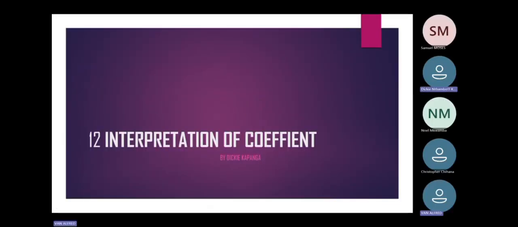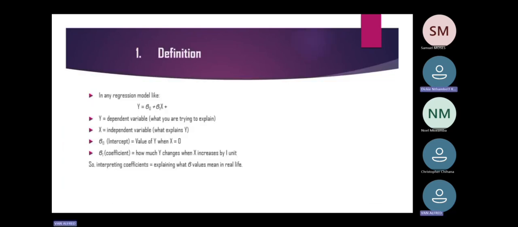My name is Dick Kapanga. I'm here to present on the interpretation of coefficient. On this, firstly, I will start with the definition. To define this, we use an equation which is y is equal to beta naught plus beta 1 x,